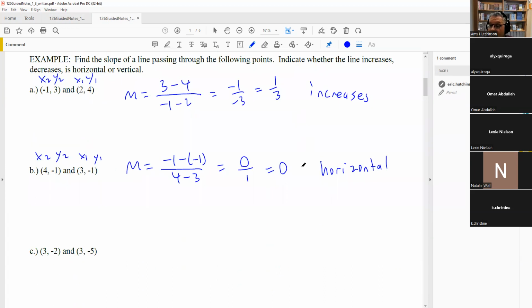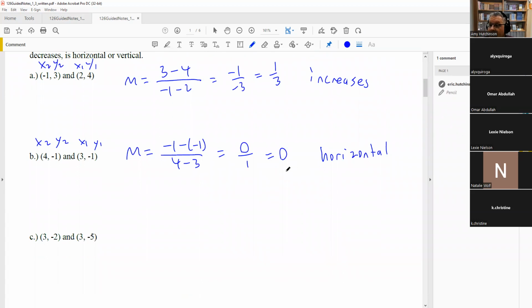Let's do one more of those. We have these points right here. And so again, I'm going to label this as x2, y2, x1, y1. We're going to put that into the slope formula again. The y's go on top. So on top, we have y2 minus y1. -2 minus, be careful with your minus signs. You're subtracting a negative, so you have to make sure you put these in parentheses because you are subtracting a negative number. On the bottom, 3 minus 3,